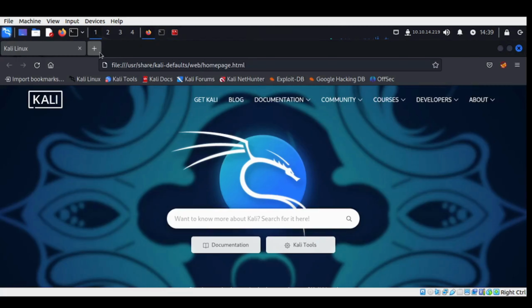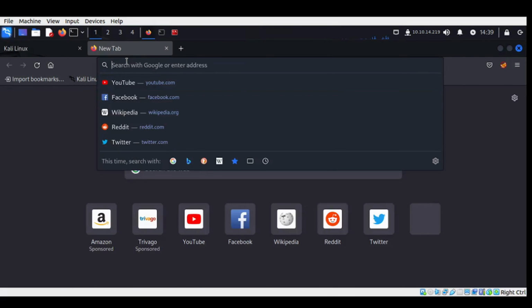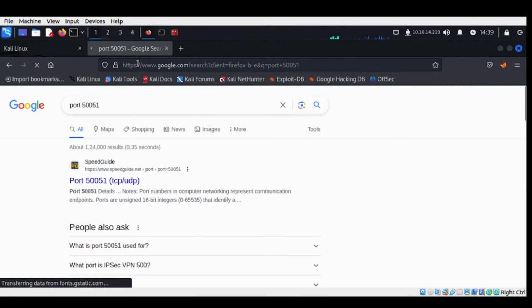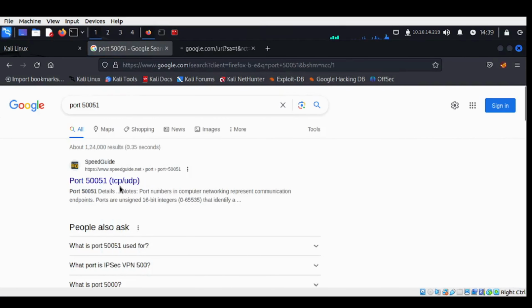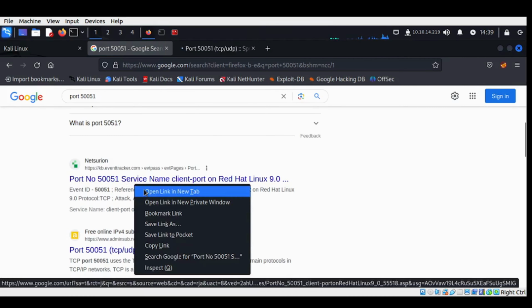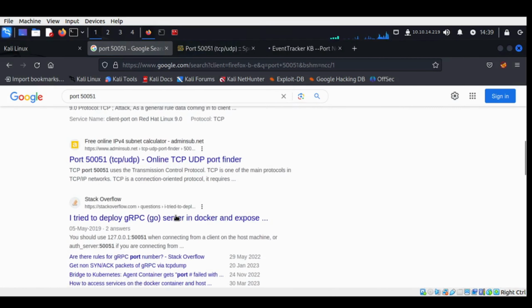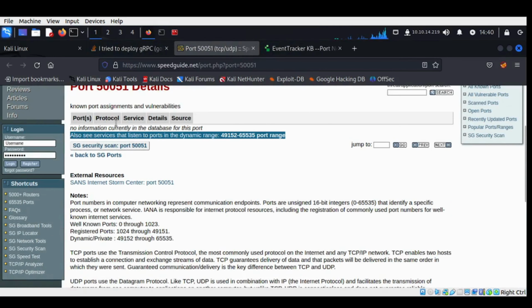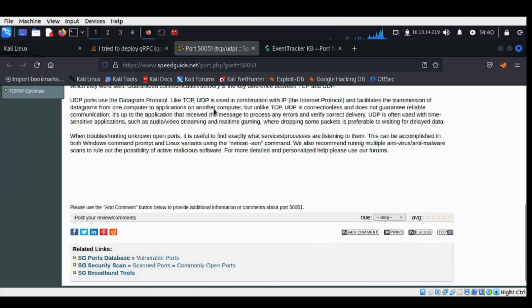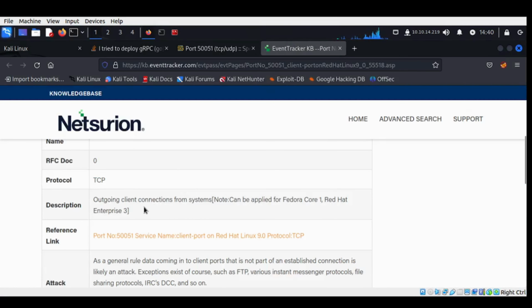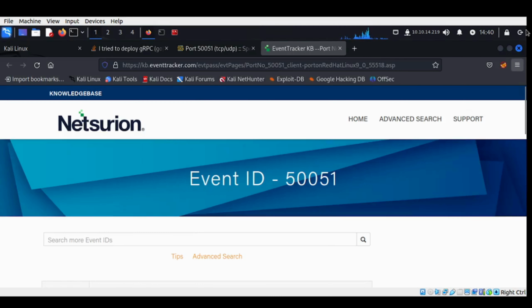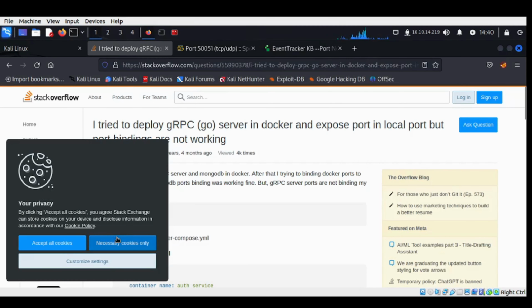So let's go about it. Port 50051. Open this up, the first link. Open this thing up, and this one says no information about it in the database. Okay, that's fine. Service name, client port, Red Hat, maybe interesting, I don't know. And over here